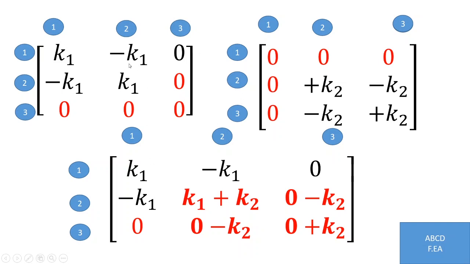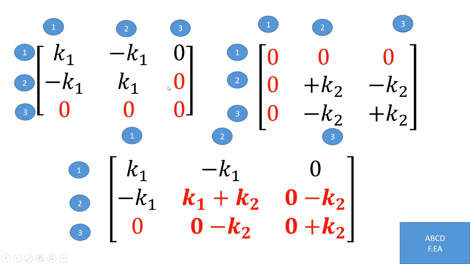It's simple matrix addition. It's like same caste marriage, you can say. So 1 will get combined with 1. So K1 plus 0. Minus K1 when added to 0, it is minus K1. 0 when added to 0, this element 3 when added to this element 3, it is 0. Now minus K1 when added to 0, it is minus K1. Got it? Now this step is crucial. You see this second element K1, when it gets added to second element K2, it is K1 plus K2. Again I will repeat, this is K1 and when added to K2, it is K1 plus K2.